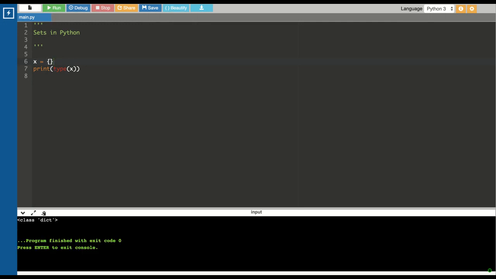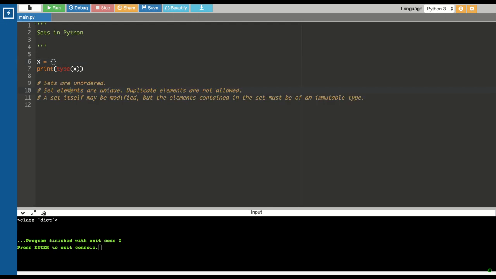Okay, guys. So let's now discuss about some of the properties of a set. What are properties of the set? Here you go. So these are the properties of a set. Number one, sets are unordered. Unlike lists where lists are ordered, sets are unordered. That means there is no significance of an order in set. So 1, 2, 3 will be equal to 3, 2, 1.